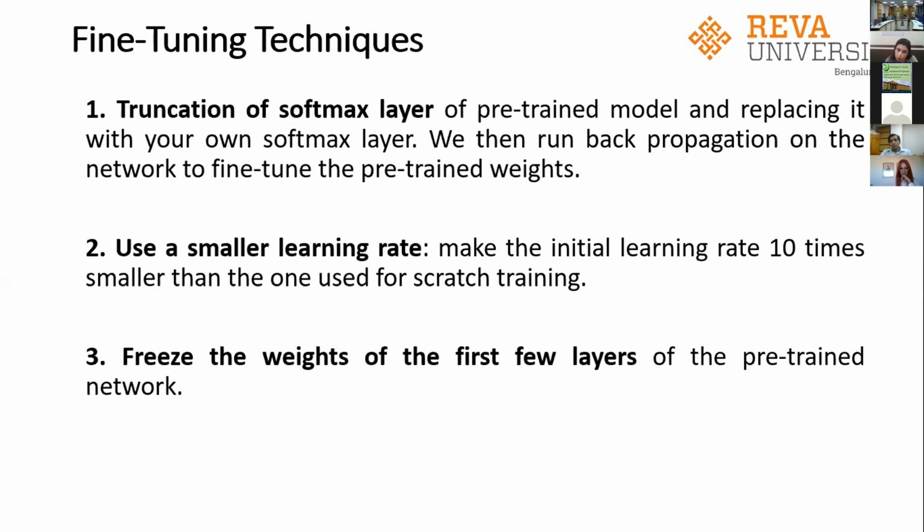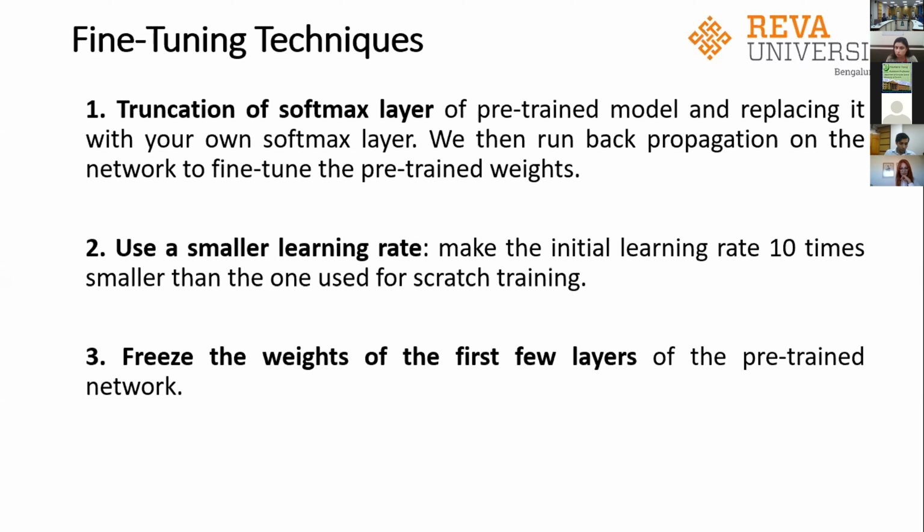Based on what you want to do with your new model, you have 3 strategies available for fine-tuning your model. In one strategy, we just change the topmost layer of our deep neural network, which is the softmax layer, the final output layer. We just truncate it and replace it with our own softmax layer. This is suitable for problems which are very similar to the problem on which your original DNN has been trained. My second option generally is to do a fine tuning of the entire neural network